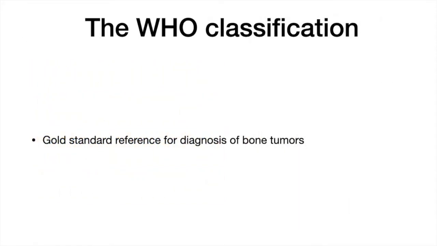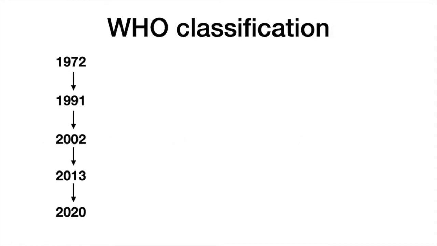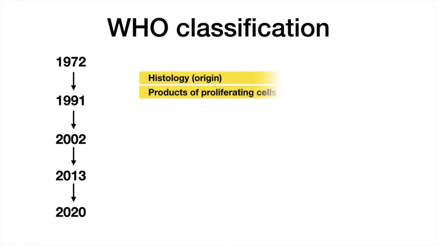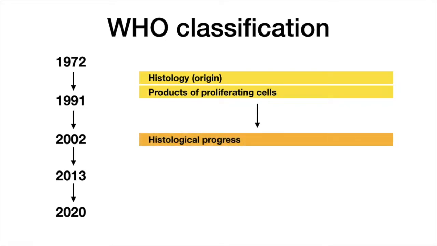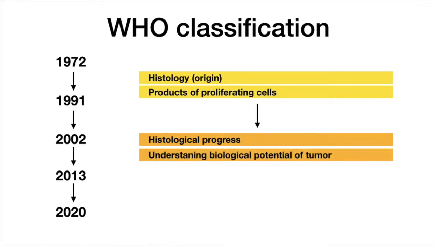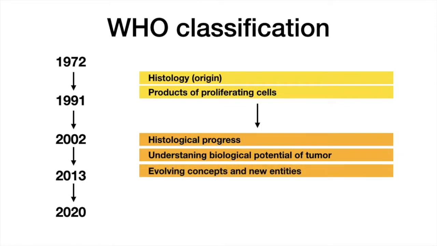So the WHO classification is the gold standard reference for diagnosis of bone tumors. They first gave the classification of bone tumors in 1972, which was based on histology of the tumor, means the origin of cell and products of their proliferating cell. Then they updated the classification in 1991, 2002, 2013 and lately 2020 based on the various parameters including histological progress of the tumor, understanding of the biological potential of the tumor, means the behavior of the tumor, whether it is aggressive or mild, evolving concepts and new entities,